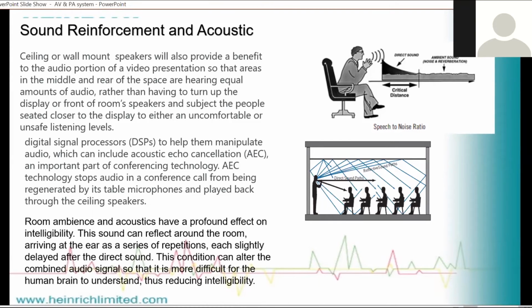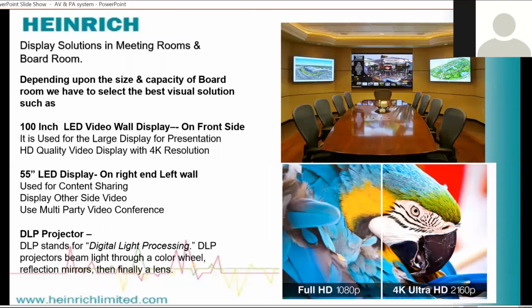It is not enough to just place two speakers in the front. The people sitting in the front get the required SPL or volume, but people sitting in the back are not getting the required sound. So if you are considering ceiling speakers, place them uniformly on the ceiling. If you are considering wall mount speakers, keep in mind that each person should get a uniform audio level. So this is all about the audio solution.